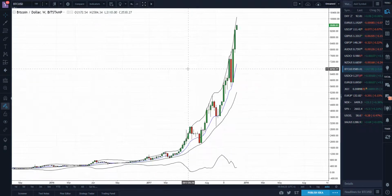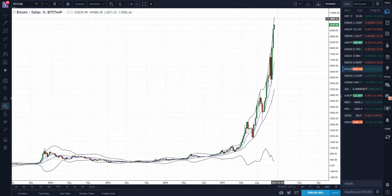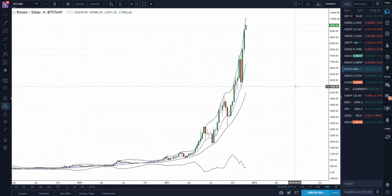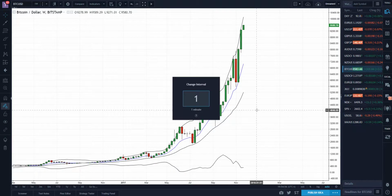Nothing just goes straight up. Believe me, I wish I could have gotten in some of these areas. I'm pretty sure I was watching it back in these areas, okay? The people, me, Sean, Anthony, the people you talk about, we have our own little chat, and Anthony was calling these buys back here. It's insane. You could have made 9 times, 8 times your money on this. And imagine if you had millions of dollars to put into it, and imagine the people who got in back here, okay, back in here. Jesus, it's the investment of the century, and I